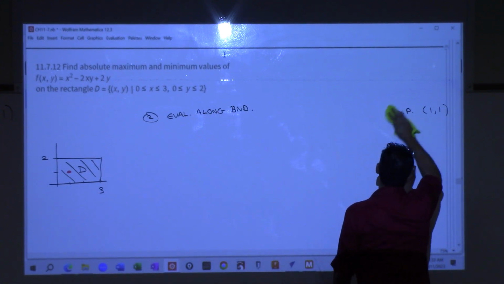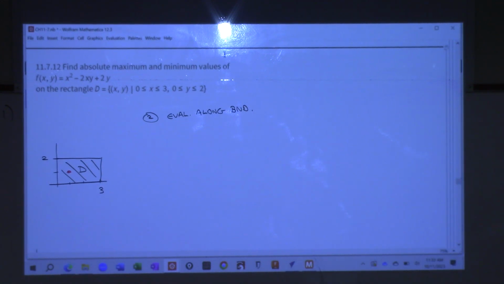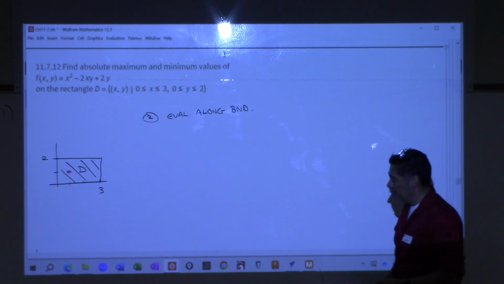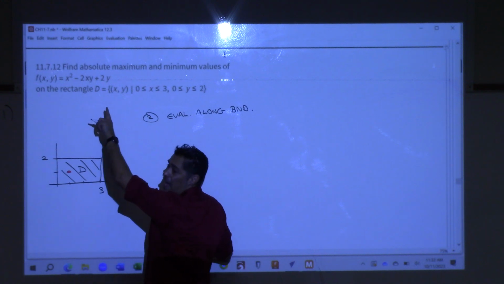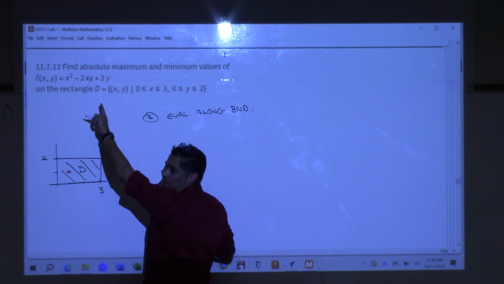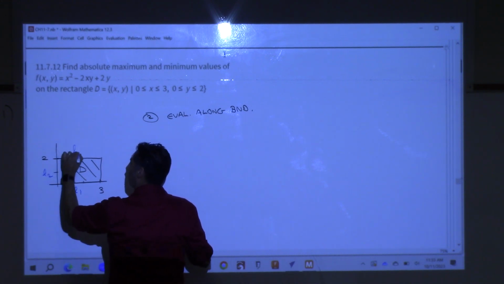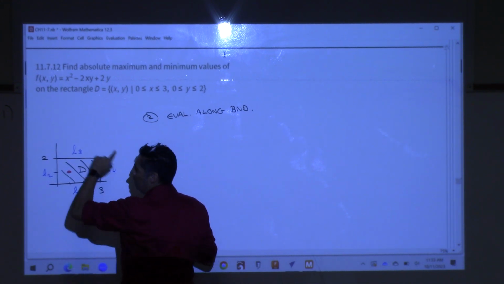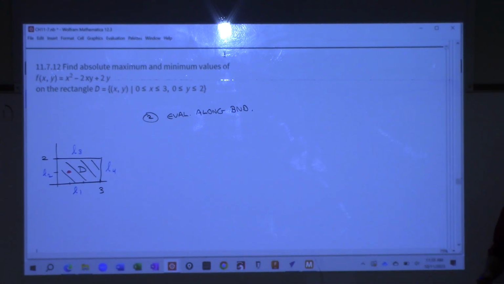How do you want to break that boundary up? 4 line segments. L1, L2, L3, L4. Right? It doesn't matter. If you like going counterclockwise, go counterclockwise. It's irrelevant, okay? All right. So tell me about the points on